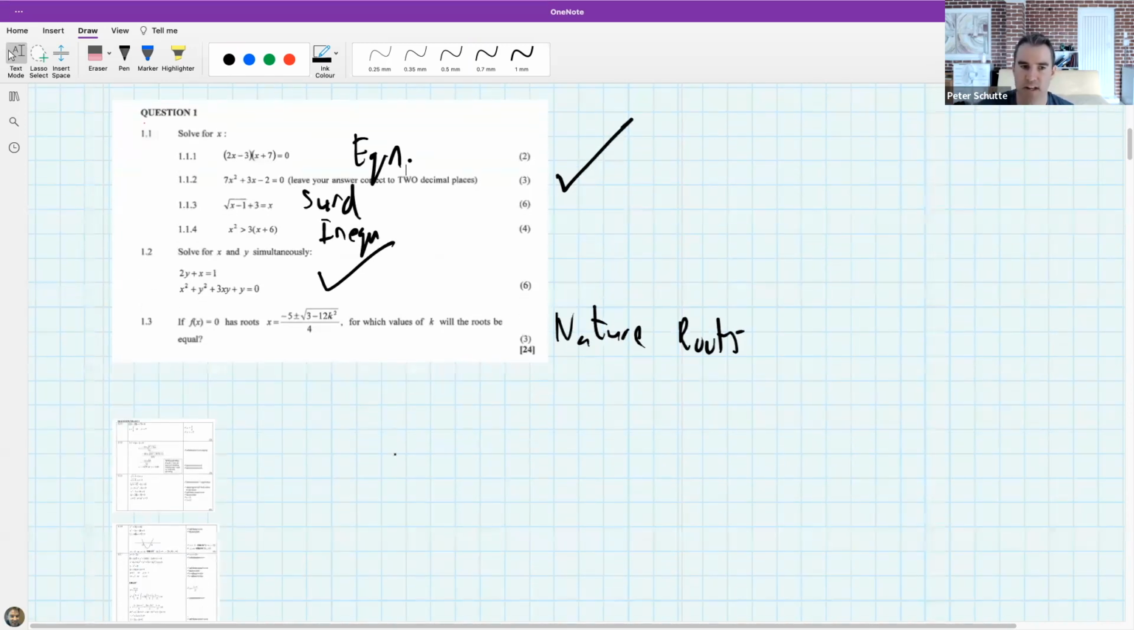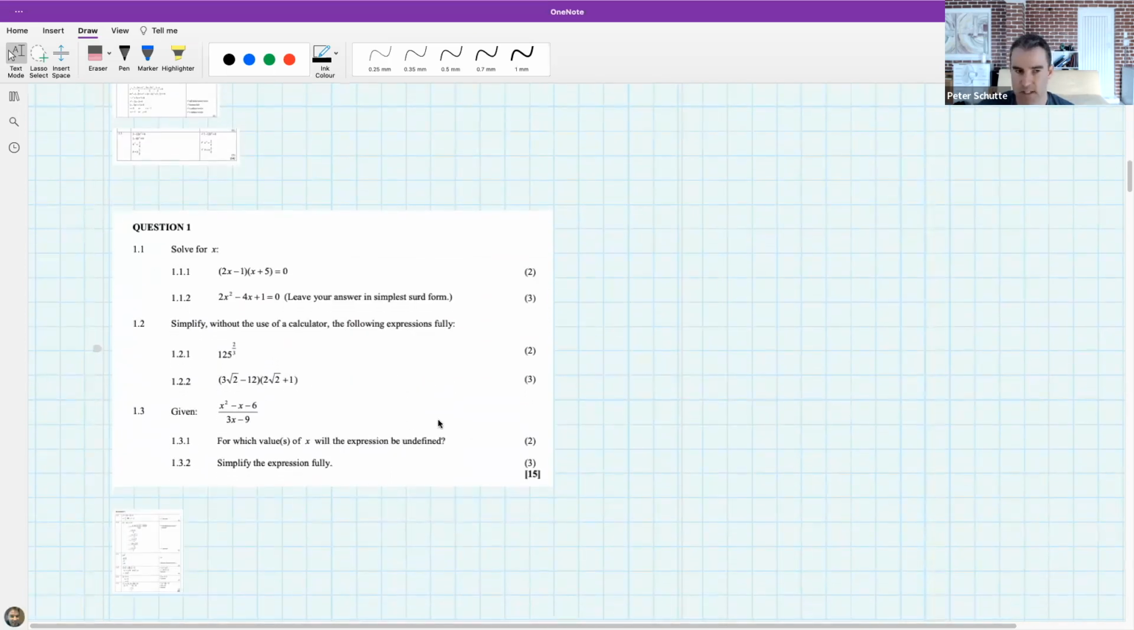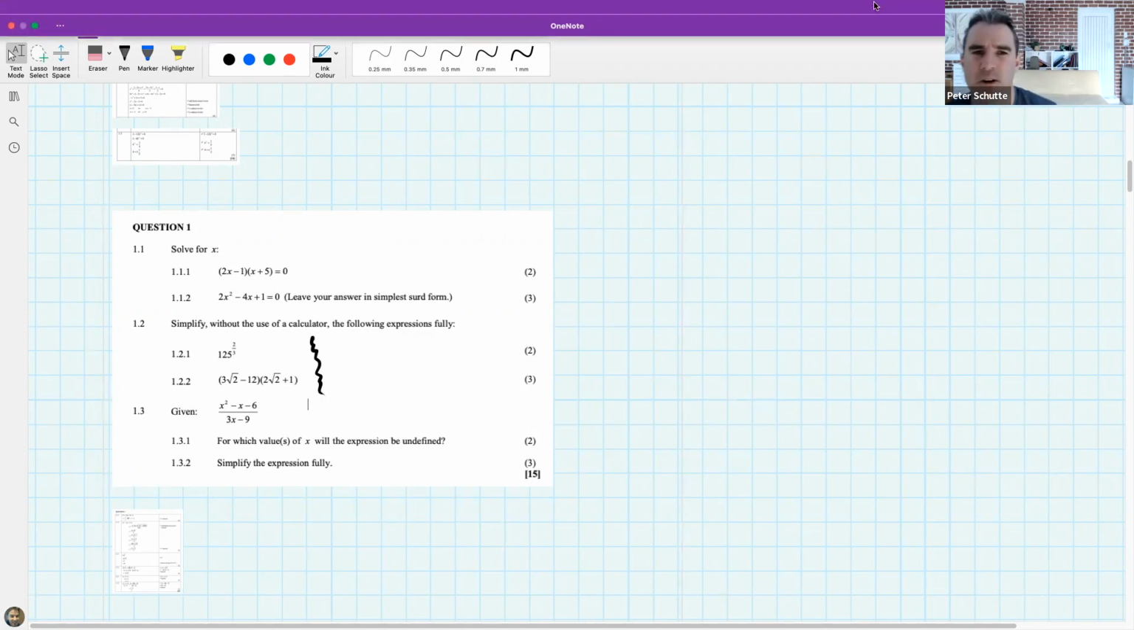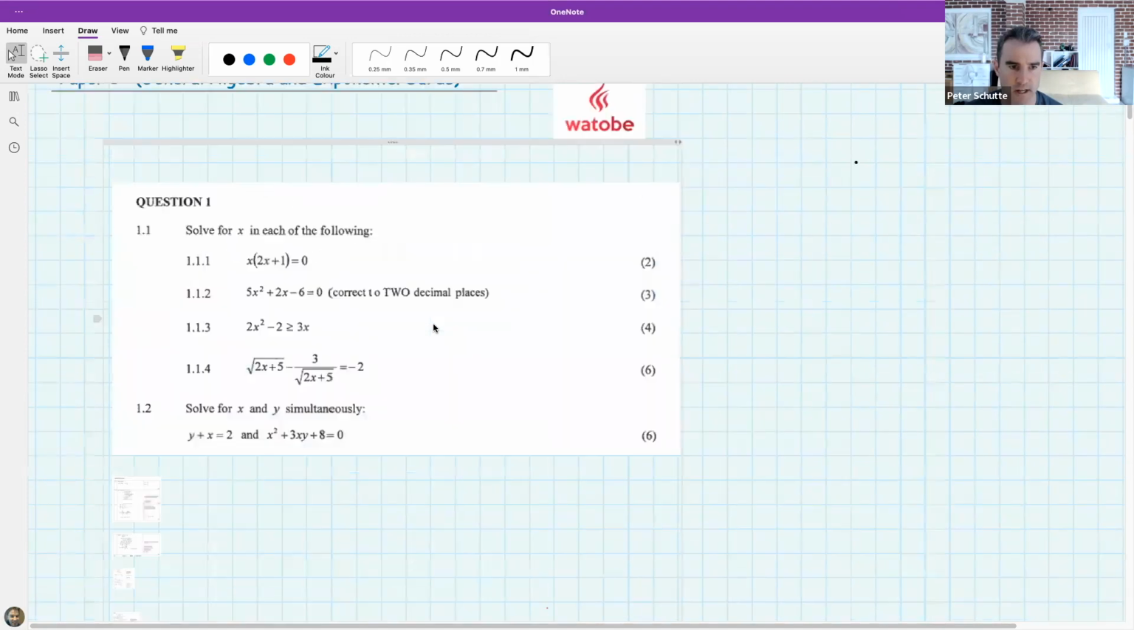And we can even look at another old question paper. This is a third year's question 1. And again, you see a very similar structure. There's a little bit more here about surds and nature of the roots. But essentially, question 1 will always look the same, pretty much. So today, what we're going to try and do is work at any uncertainties that you have in your